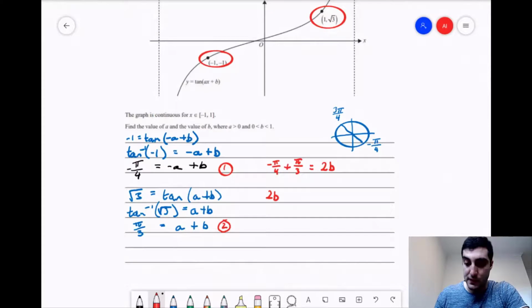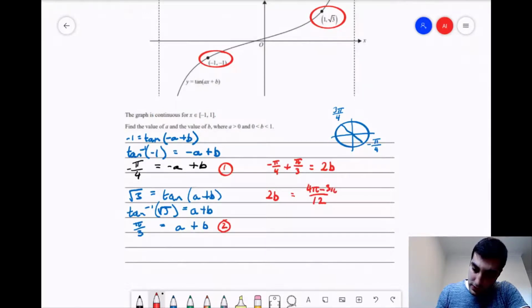Rearrange this, put this over the same common denominator. So we can see if we multiply this by 3 on 3, it would give us a denominator of 12, and this by 4 on 4, then we'll also get 12. So we want 12 as the lowest common denominator here, and that's going to end up giving us 4 pi